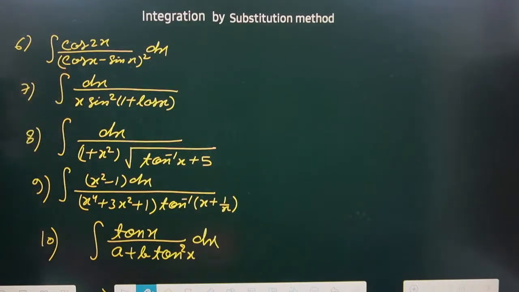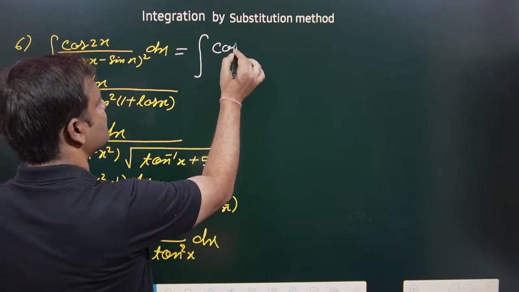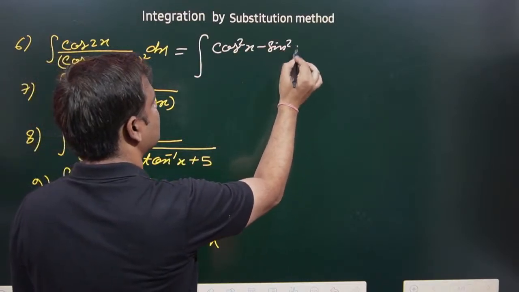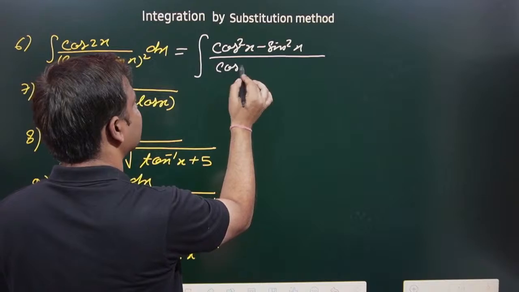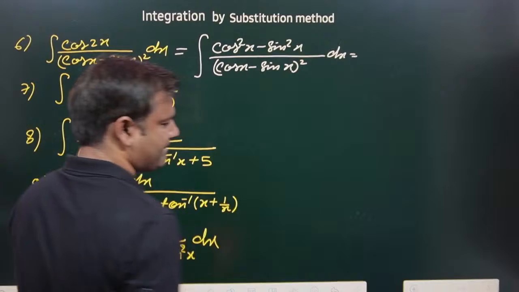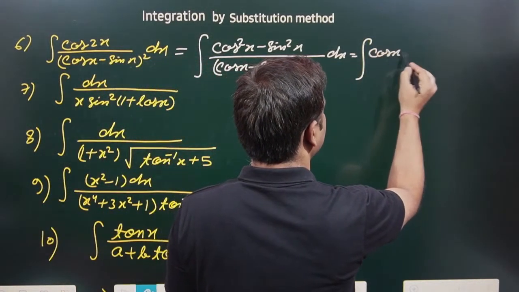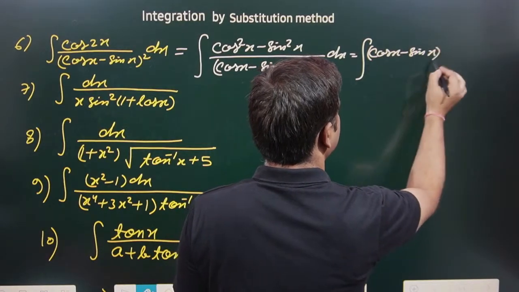This one, which part is taken as t? Simply cos 2x is written as how much? Cos square x minus sin square x. After that, you can do this question, written very carefully. Cos square x minus sin square x divided by cos x minus sin x to the whole square dx. So cos square x minus sin square x is written as, apply that formula, a minus b into a plus b,